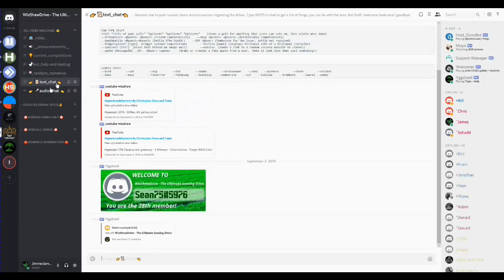Coincidentally, you can also use this if people are playing games online together, like Fortnite's really popular right now. If you see a bunch of people online, you could create a sub channel with just 2, 3, 4 people, play Fortnite and connect on our server to chat with each other instead of the in-game chat. You can connect that way.